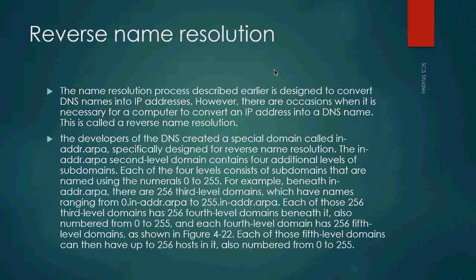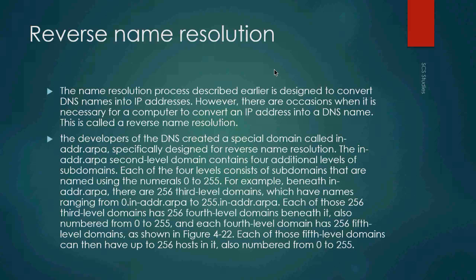The in-addr.arpa second level domain contains 4 additional levels of subdomains. Each of the 4 levels consists of subdomains that are named using the numbers from 0 to 255. For example, in in-addr.arpa, there are a total of 256 third level domains which have names ranging from 0.in-addr.arpa